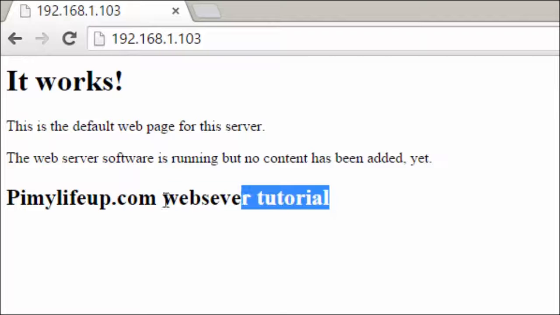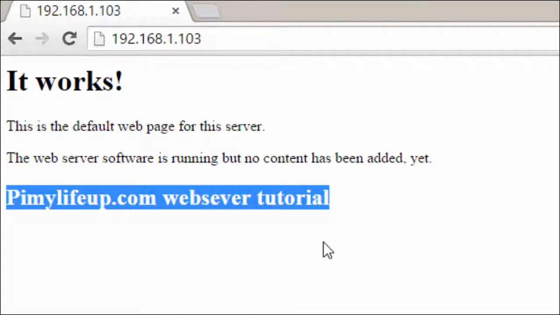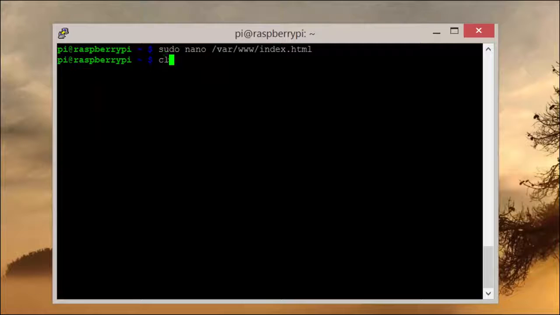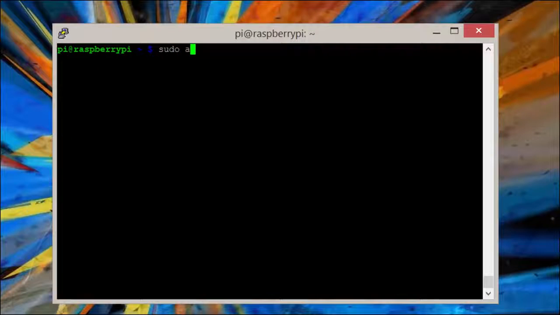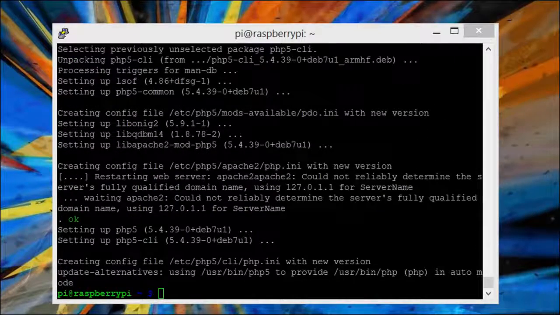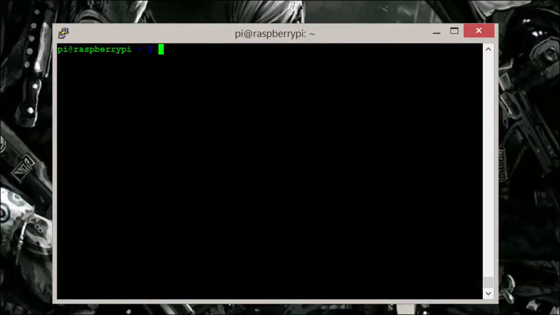custom web page. Now if we want to have PHP so we can have dynamic web pages, then we will need to download the package by entering the following command: sudo apt-get install php5 libapache2-mod-php5 -y. Now that's installed, let's create our very own PHP file by entering the following command: sudo nano /var